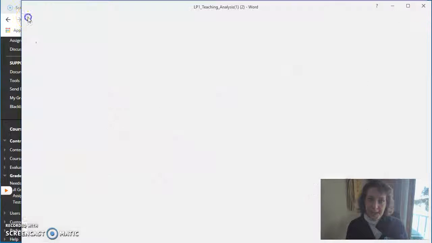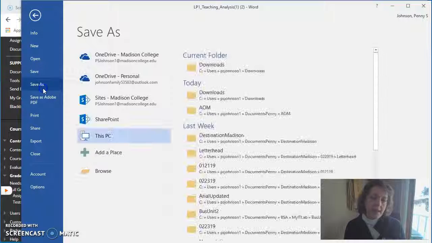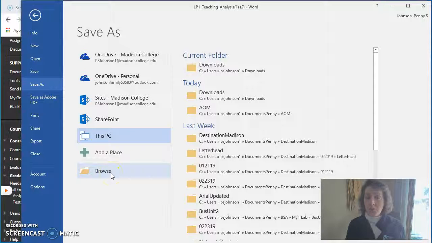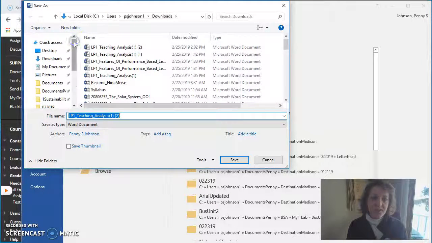I'm going to go to File and Save As because I want to save this in a new location. So I'm going to click Save As. I'm using Microsoft Word 2016. You might be using a different version. I want you to complete the steps that allow you to save this document to your desktop. So for me, I'm going to click Browse and wait for the next window to appear. We'll try that. In the next window, I need to scroll up a little bit and